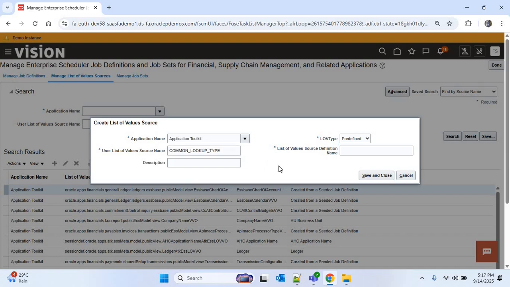Now why am I providing this kind of name for this value set? Because it will not refer to the particular lookup that we created. Rather, it will refer to all the lookups that will be created under common lookups. And to refer to all the lookups under common lookup, we have to provide a particular value under the list of